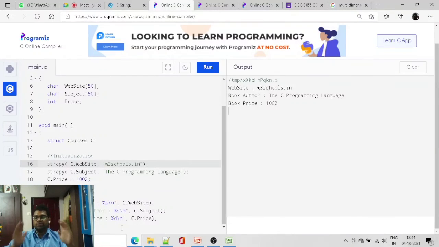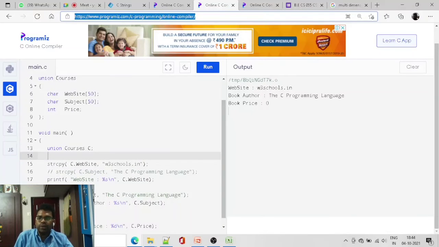This program is very simple. We are just creating a structure, assigning values to its members, and then accessing them. If I run it, it will give the values inside the members of the structure.